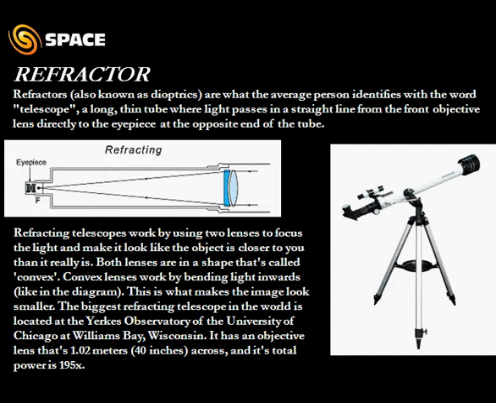That's what we call the refractor telescope, in which you can see the light from the right hand side comes down